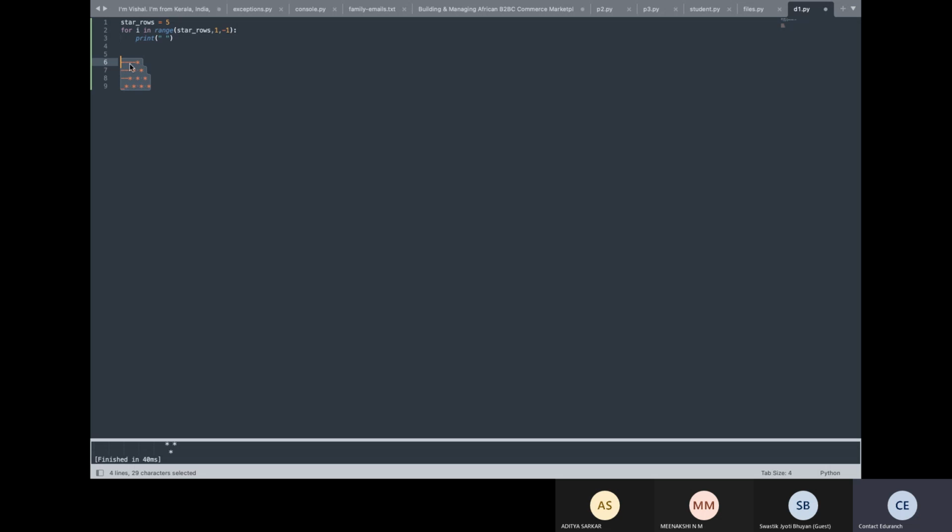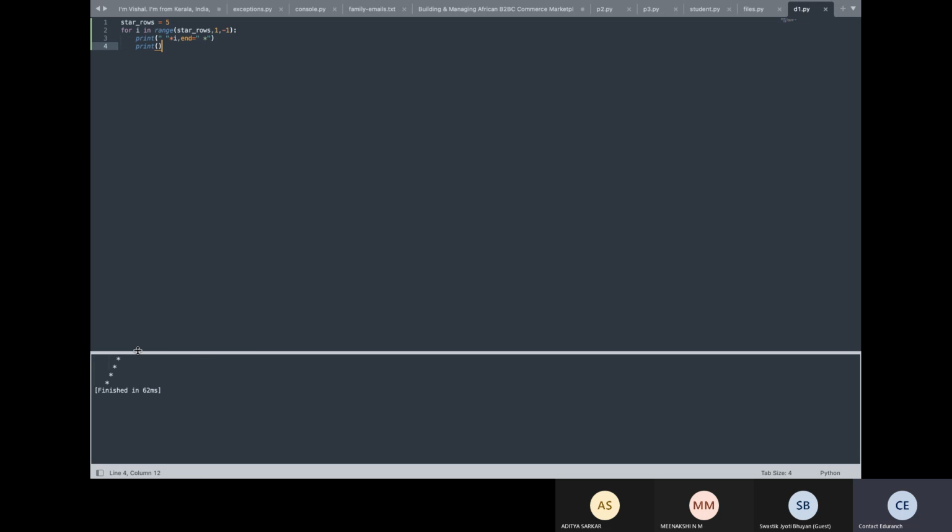The first part is we have to print spaces in each row and a star. How many spaces do we have to print? The number of spaces is just one less than the row number. So that's what we are trying to do. We are trying to print space times, for example, i. And then we will do end equals, for example, star. That's pretty much it. And then we put a new line break. That's pretty much what we're going to do. Let's see what it does.